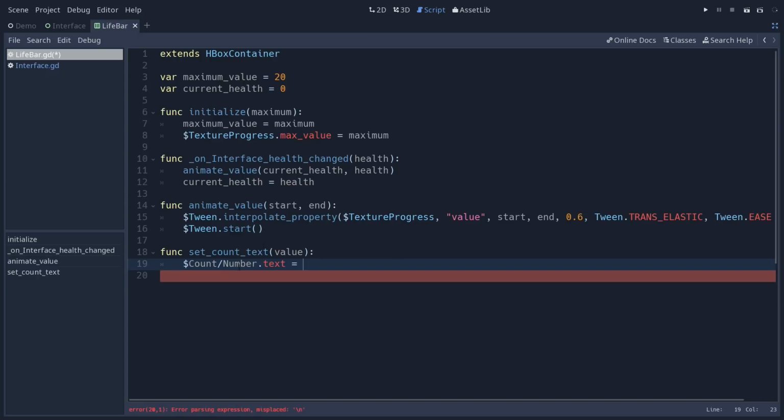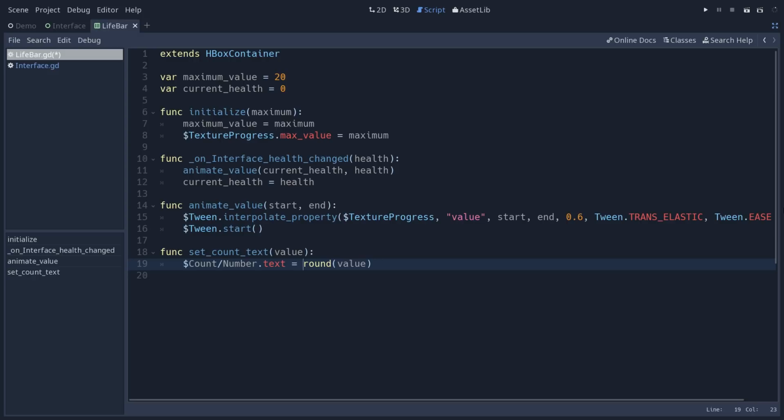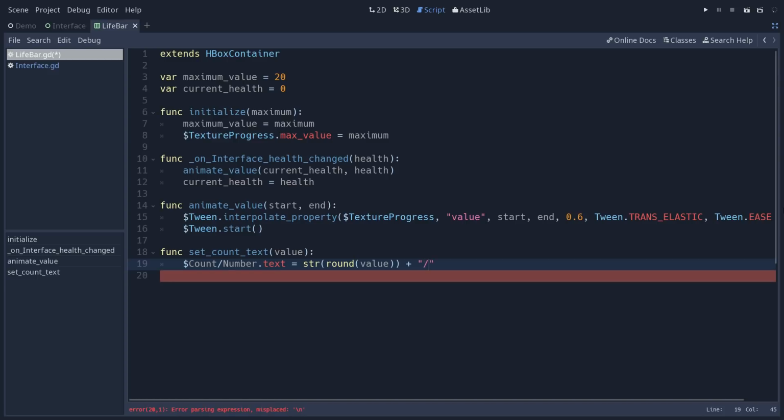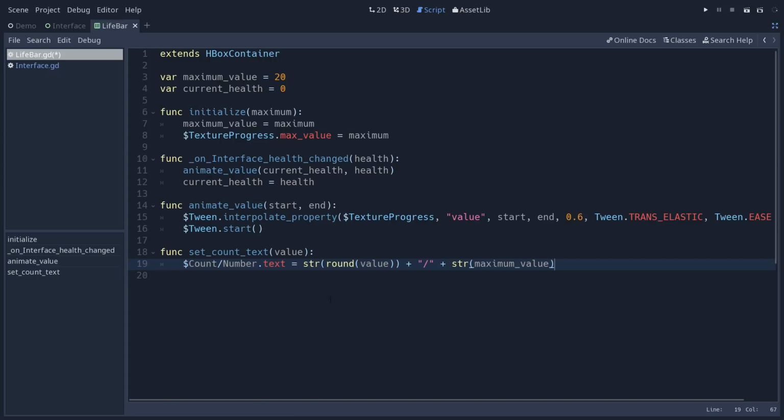We're going to animate this value with the tween node. The thing is, tween is going to return floating point values. So we may get a very long floating point value. So we're going to round it first. And because we're going to set it on the text property of our number node, we need to convert this value to a string. Then you can use plus to add to a string. We're going to add a slash, and we're going to also convert our maximum value to a string. And this way we will get our rounded number as we got before,